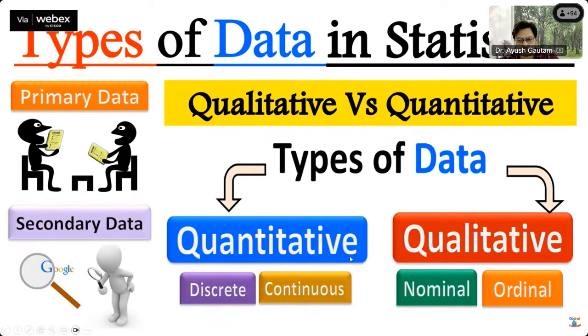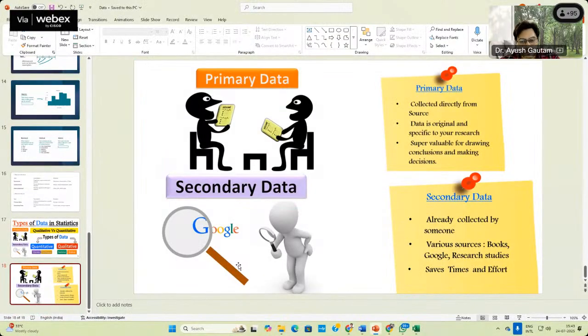Then there is another classification, discrete and continuous data. Discrete and continuous data is again very easy. Continuous data, तो discrete data के बारे में we'll discuss when we come to the Tableau software. This is again very important. We'll discuss this in the software. So this is more about the data.